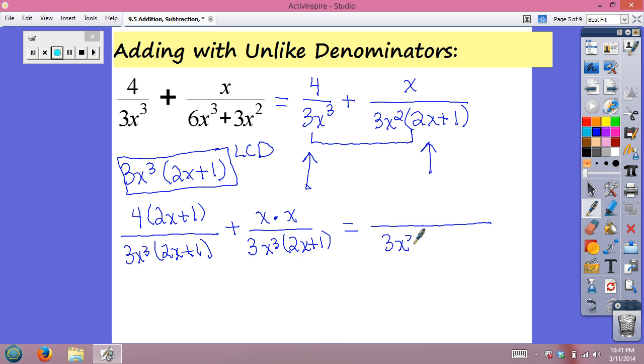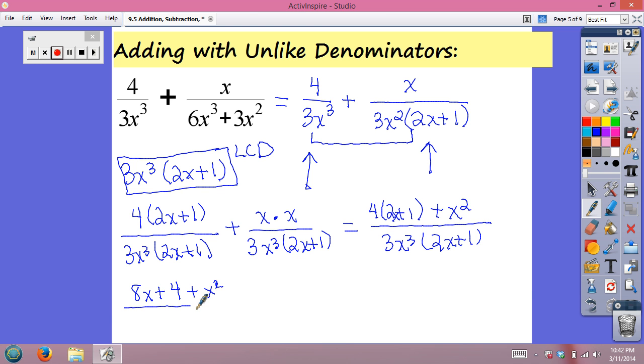So we have 3x cubed times 2x plus 1. Combining the numerators, let's multiply this fraction out. We get 4 times 2x plus 1. Oops, there's an x there. Plus, we know that x times x is x squared. So simplifying that down even further, we need to multiply and distribute this 4. So we will have 8x plus 4 plus x squared